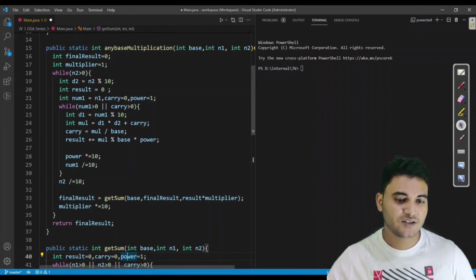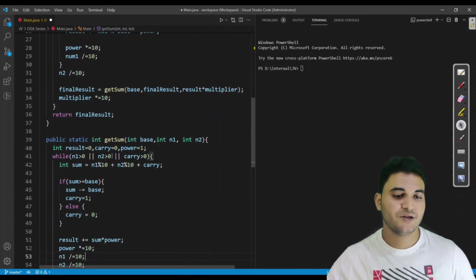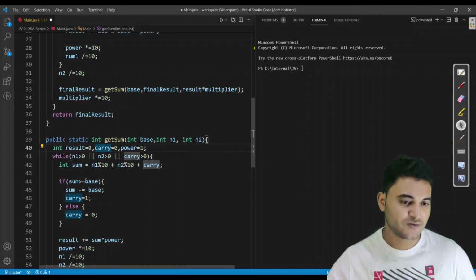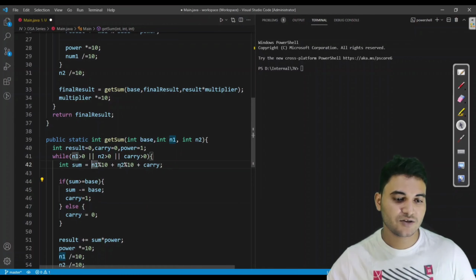Also, when we are done with the multiplication, you can see we are adding the results of the multiplication too. So in the result also we have to pass the base, which we are receiving from here, and this is the addition code for two numbers of any base. If you have watched my video for addition of two numbers of any base, then this is exactly similar code. Let me explain once more. We are comparing the result of the last two digits' addition. If this is greater than or equal to the base, then we are subtracting the base from the result of the addition of the last two digits of the two numbers. Fine. Also we are storing the carry.